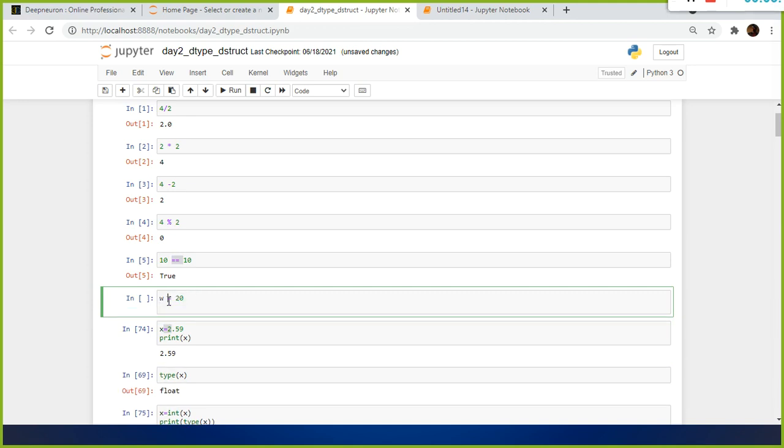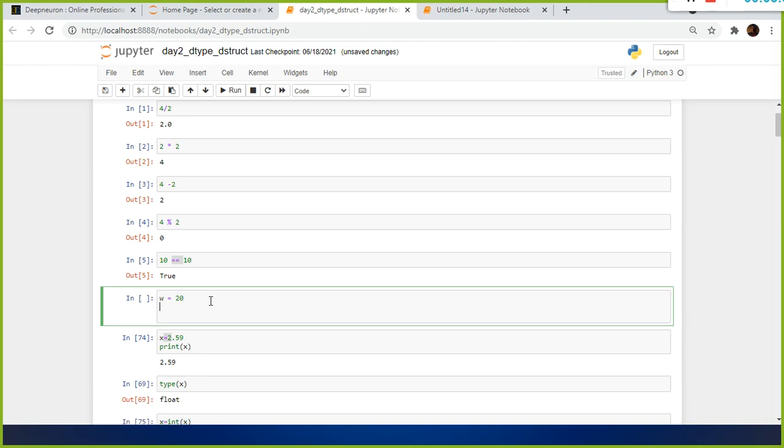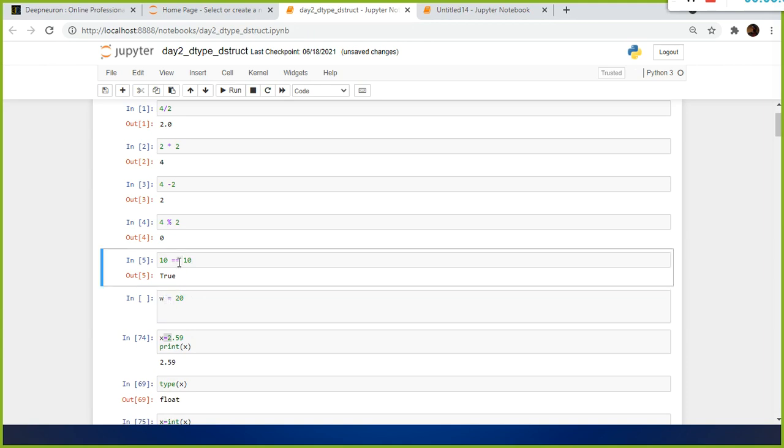The left hand side of the equal sign is your variable. On the right hand side of the equal sign is your value, right? So the variable W takes the value 20. So this is the assignment operator. One single equal sign is the assignment operator. Double equal sign is your comparison operator.